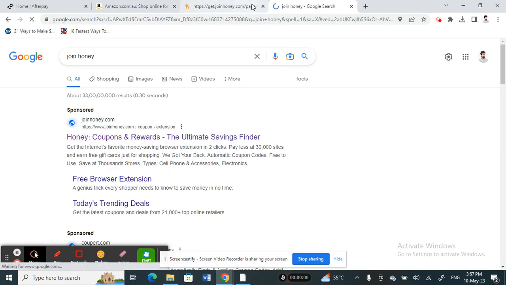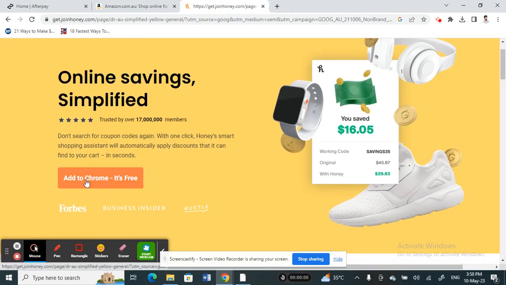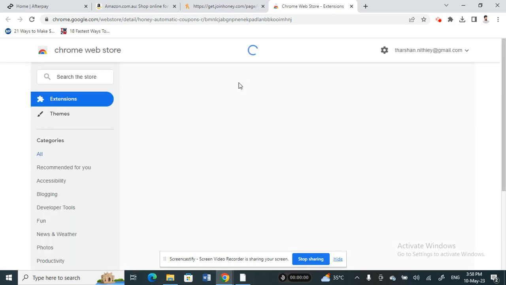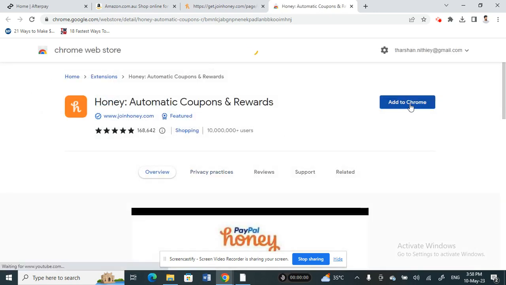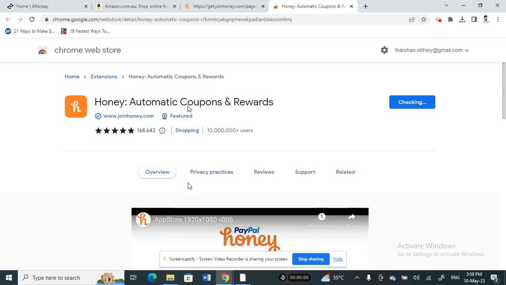All right, and then what you're going to do now here, you're going to click on Add to Chrome. So just click on it and then add it to your Chrome browser extension. So just hit on Add to Chrome. All right, an extension, just do that. And then once this is done,